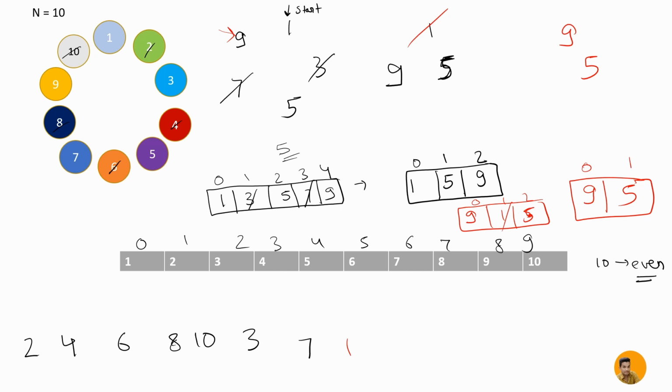Now again, see the earlier configuration. 3 is an odd number. That means we need to bring the last to the front. Why? Let's see here also. We removed 1. Now we are going to remove 9. 9 has to correspond to an odd index, but it is right now even, and then 5 has to be the starting point. Right? We remove 1, then we shall remove 9. 5 is our starting point,